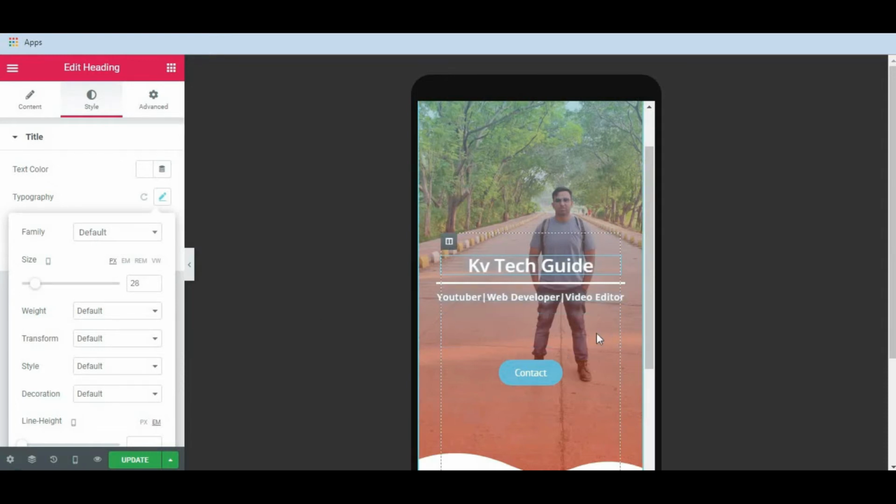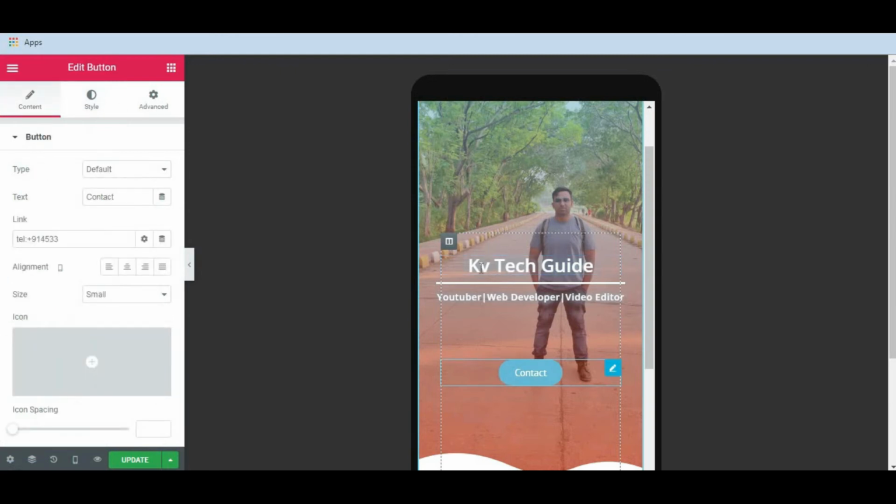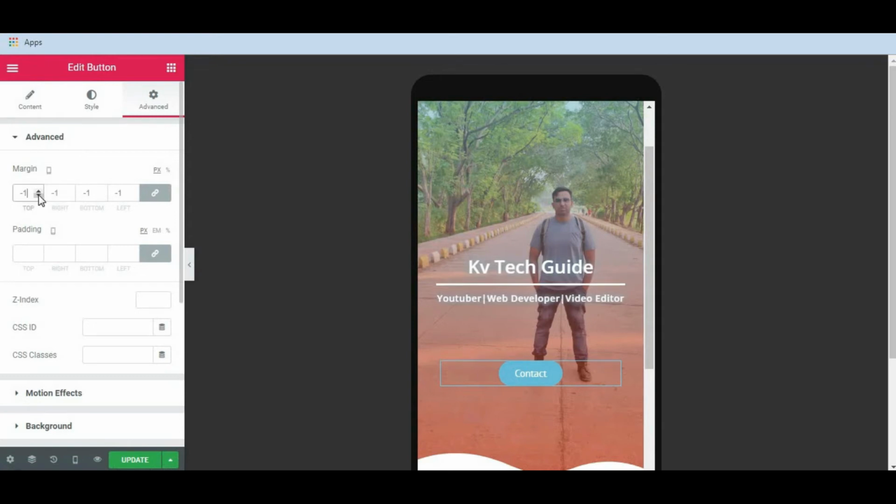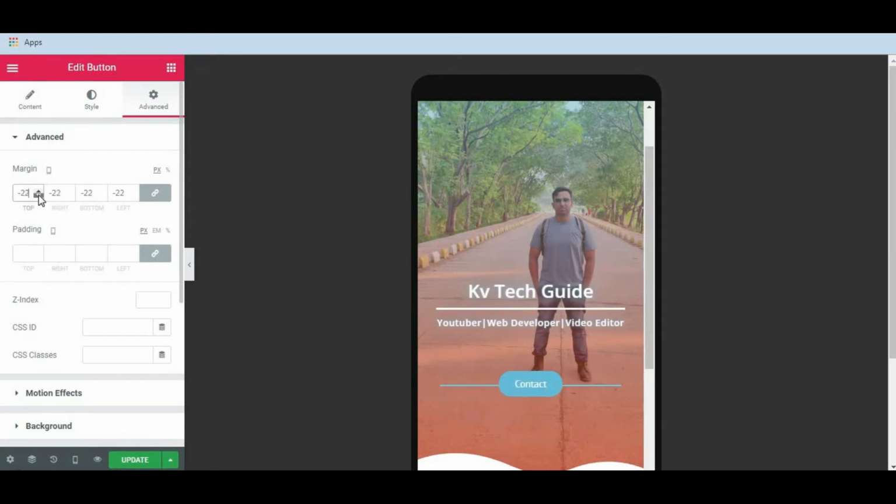Now what we will do, we will decrease the gap between this text and button. For that you need to select the button. Go to the advanced. Let's give a negative margin. Okay, now this text heading, divider and button, let's bring them in center. For that you need to select this edit spacer.